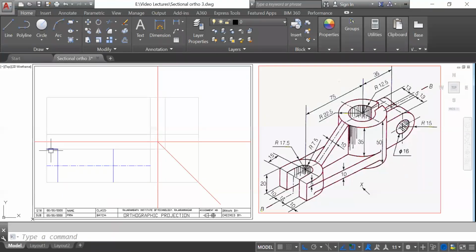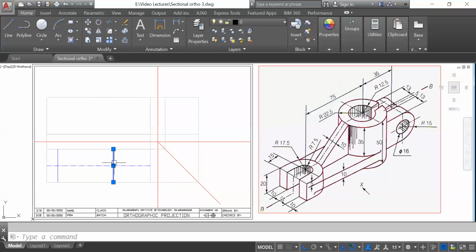Then one more center line is there, which is visible in the front view, so I will skip that one. Otherwise we will draw it on the front view, no issue.